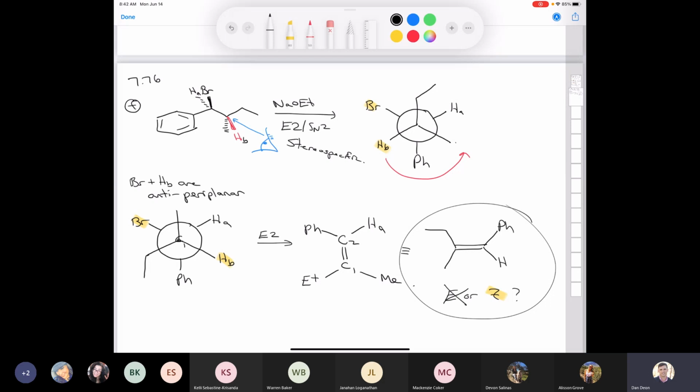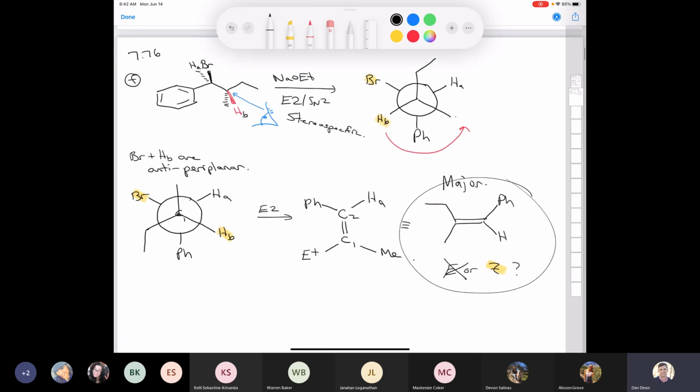anti-periplanar. And remember the difference between coplanar and periplanar? Coplanar meant that they were exactly 180 degrees apart, whereas periplanar means anywhere between 175 and 179. So they just have to be very close to being coplanar. So this will be our major product, the E2 reaction product,